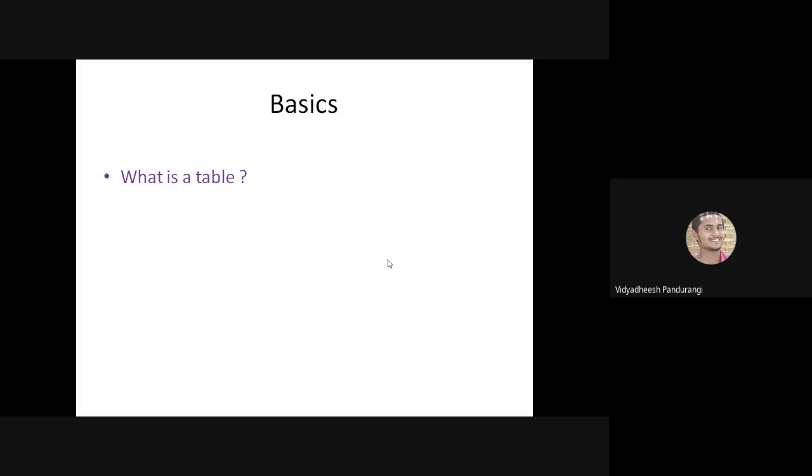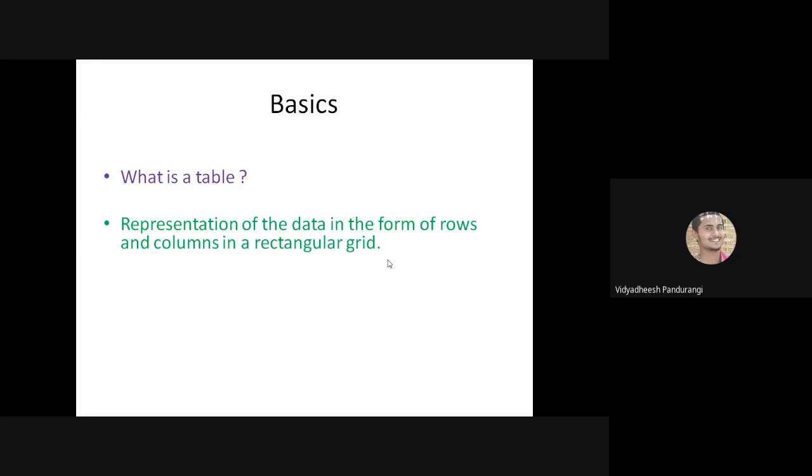So what is a table? A table is a representation of data in the form of rows and columns in a rectangular grid. It need not be a rectangular grid always, because we may have an equal number of rows and columns. At that point of time, we may have a square grid. It is just simple terminology.